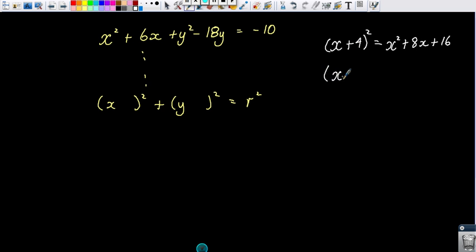What if I had x, give us another value? I'm running out of numbers. Take 8. That would be... If you haven't tuned in, remember when you expand the squares, you double and you